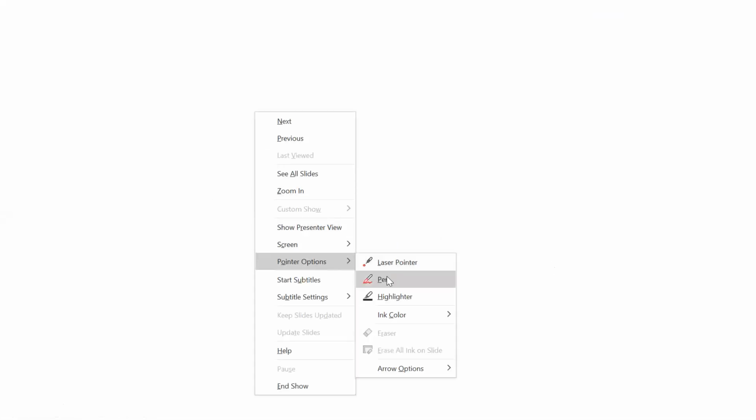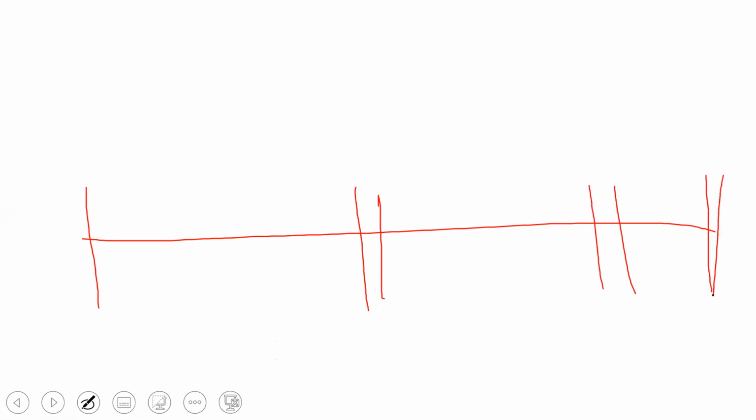Pointer option. See, this is my continuous support. This is my continuous support. This is my one end. This is my column. This is my second column. I hope it is understood. This is my third column. And let us say this is my fourth column. And this is my one more column. All these are the fixed support. They are all fixed. That means you have a column and you have a beam. That is why all these are a fixed support.